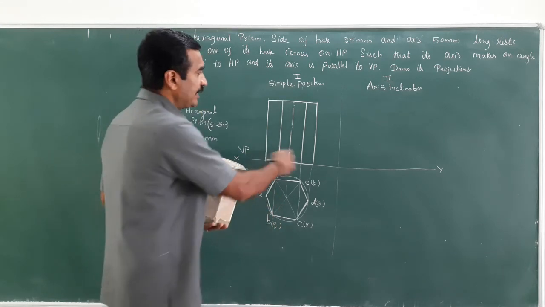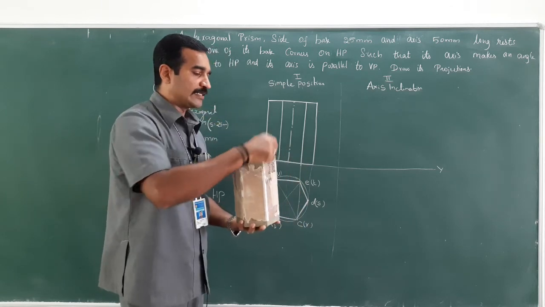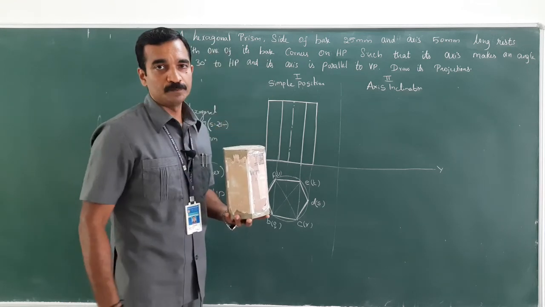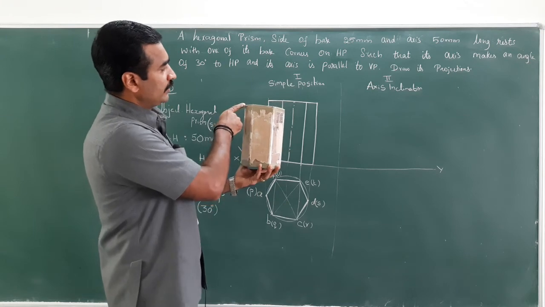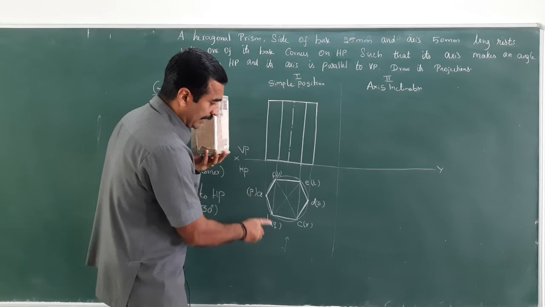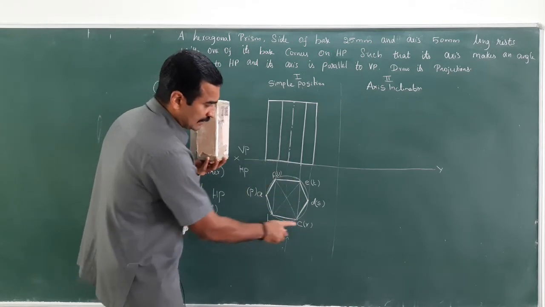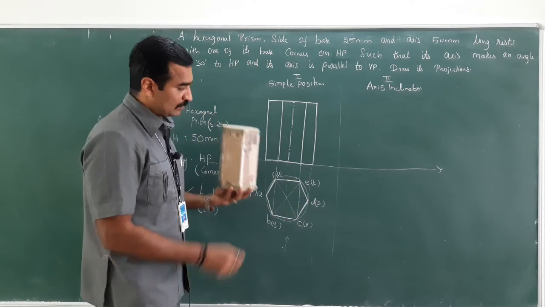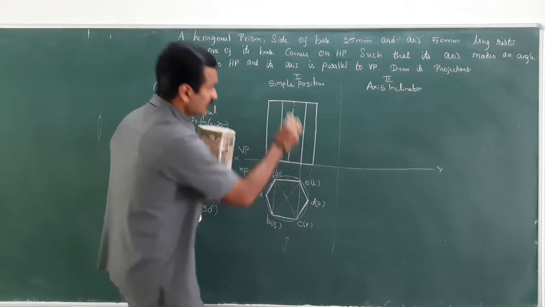Now I need to give the naming for this. Consider the top face as A, B, C, D, E, F and the bottom face as P, Q, R, S, T, U. When you look from the front, I could see these points. What would be visible? A, B, C, D, for the top base I am talking about. A, B, C, D are visible. E and F are invisible. So the top base is at the top, and this needs to be captured here.